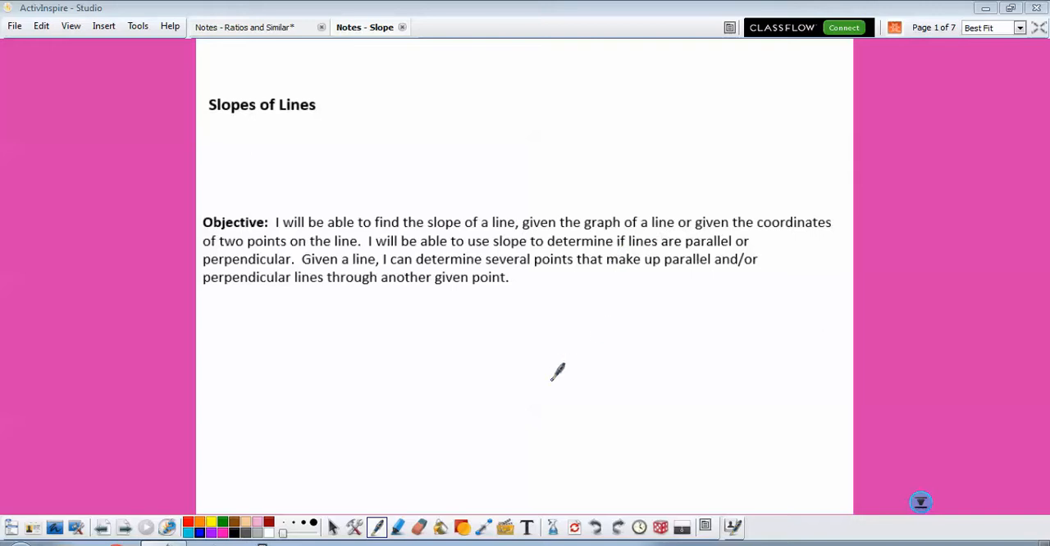Today we're going to be talking about slope of lines. Our objective is that we'll be able to find the slope of a line given the graph of a line or given the coordinates of 2 points on the line. We'll be able to use slope to determine if lines are parallel or perpendicular. And given the line, we can determine several points that make up parallel and or perpendicular lines through another given